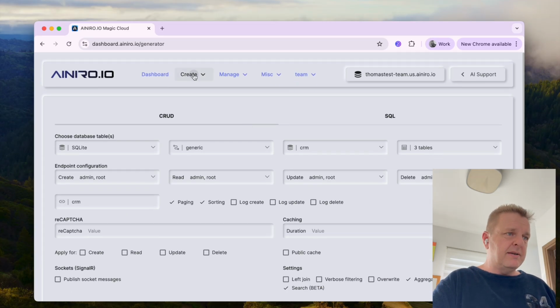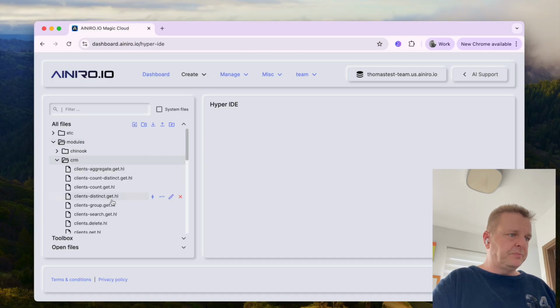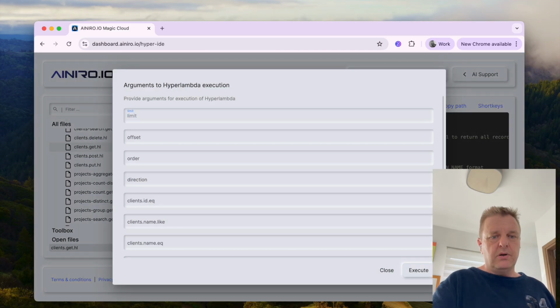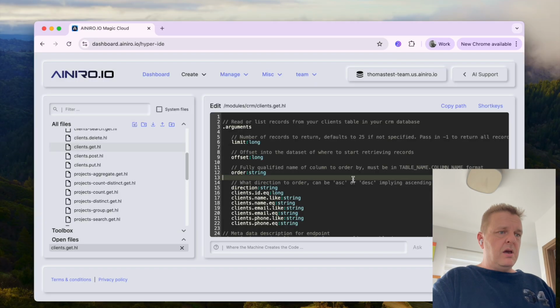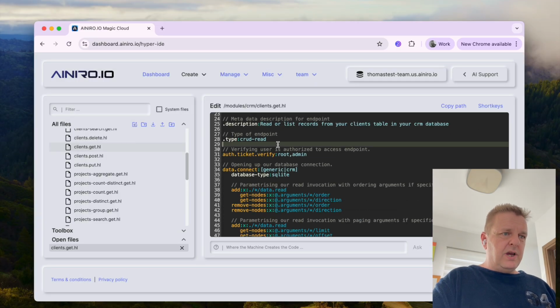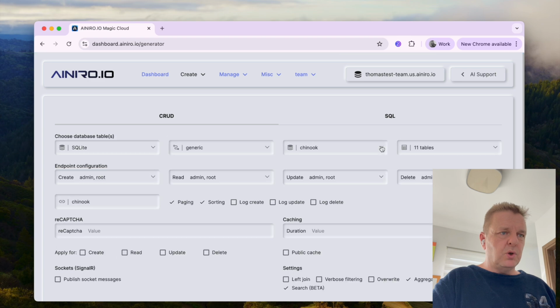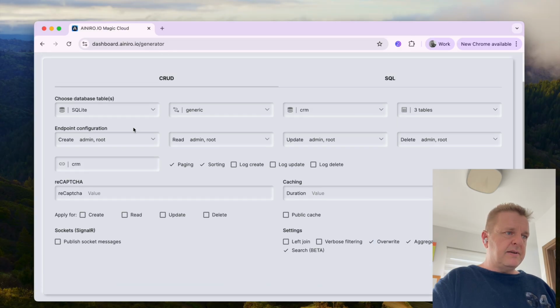And we can have a look at this API. Create, HyperID, modules, CRM, clients get.hl, okay, boom, here's clients from my database. This is a fully functioning API, and let's see, we actually chose to apply, darn it, we added authorization. Okay, so let's redo that again one more time. Just overwrite it. Where's overwrite? Overwrite, and let's remove all